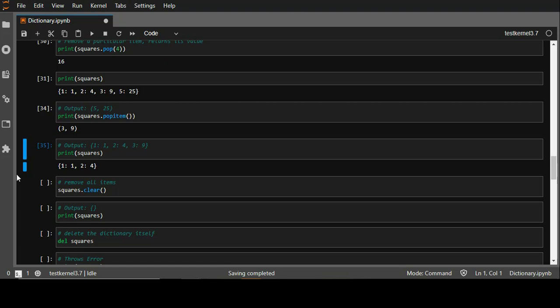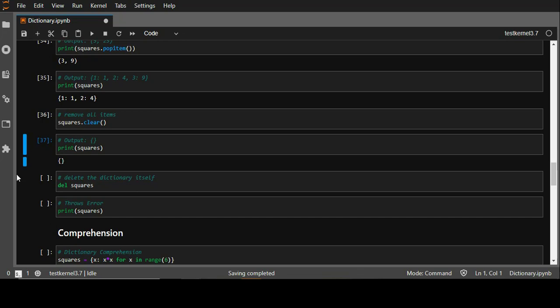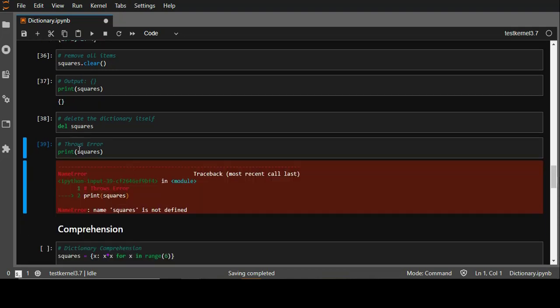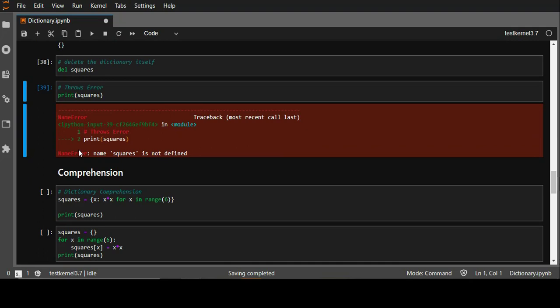Now let's say I want to clear all the values inside a dictionary. We have a function clear which removes all items inside it. So this is just an empty dictionary. You see, we can also use the del keyword, however, to remove individual items or the entire dictionary. But do understand this will delete the dictionary and not clear the values. Alright. So now after deleting the entire dictionary by writing del, space, the name of the dictionary, I cannot access it, there is no value stored in the name of that particular variable, squares. So Python will just throw me an error saying that squares is not defined. It doesn't exist anymore for Python.